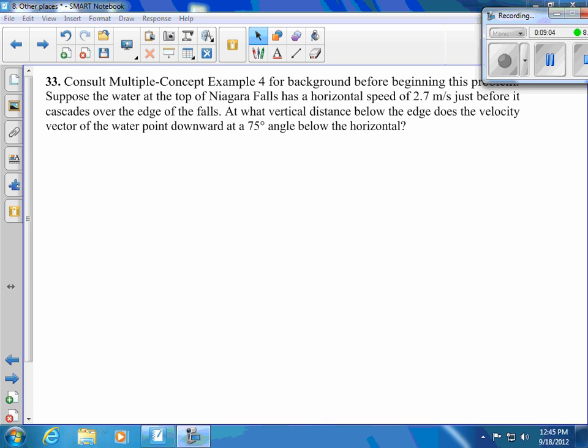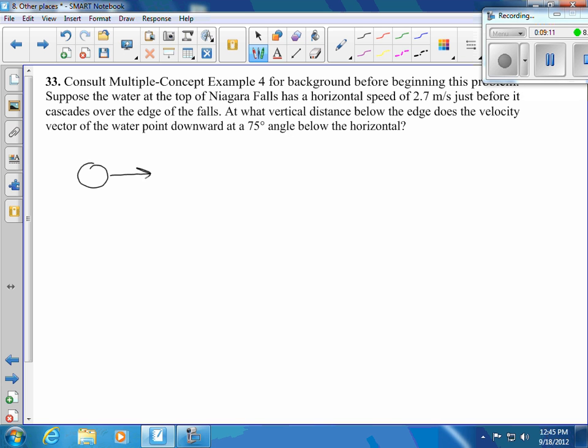All right, this is a problem that can completely jam you and is relatively easy to solve if you see what's going on. I've got a projectile, water, being launched sideways at 2.7 meters per second. And then the water is going to fall down like this. Follow a trajectory where at a certain point, I need more room on my smartboard here,